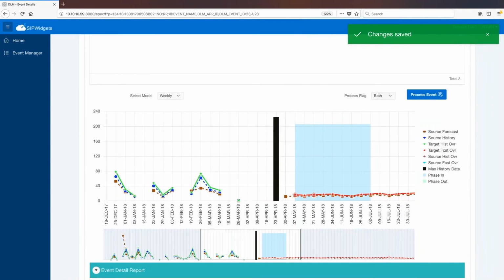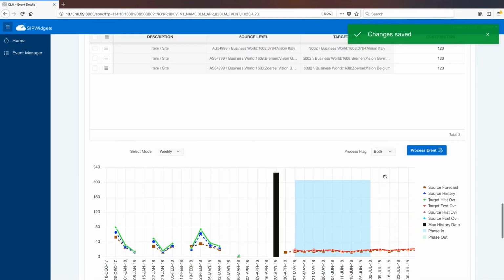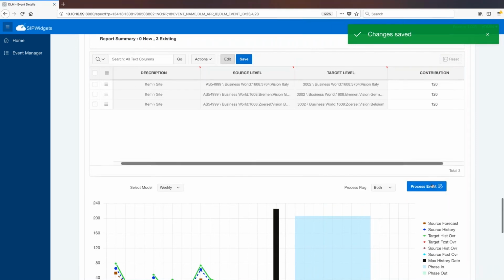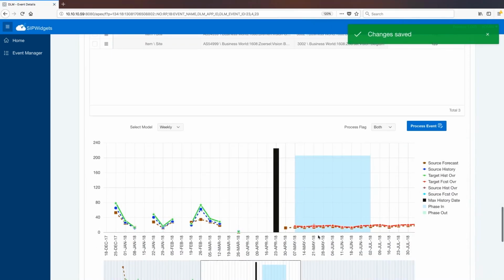The user can do various what-if scenarios by changing the contribution percentages to see what forecast or history chaining makes sense. The contribution can be less than 100%, could be more than 100%, could be zero for certain combinations, could be any value they choose. Once they process the events, this enables the target forecast override and the target history override to be processed.